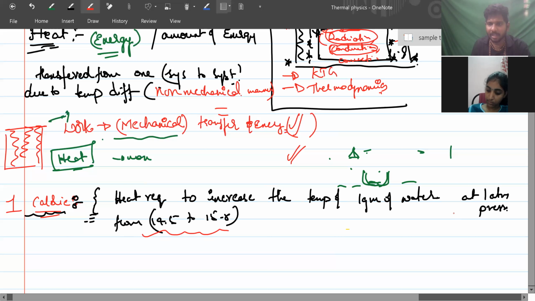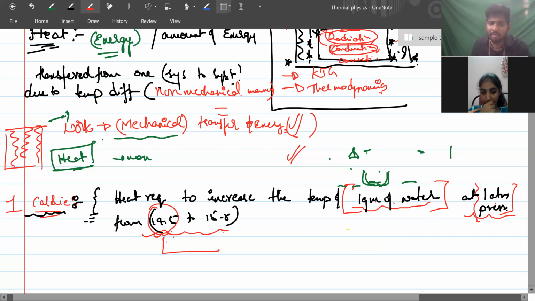14.5 to 15.5 at 1 atmospheric pressure, 1 gram of water. That means calorie is defined like this. Suppose 1 gram of water is there in your hand at 1 atmospheric pressure, and if the temperature of the water is 14.5 degrees, and you have to raise the temperature of 1 gram of water at 1 atmospheric pressure from 14.5 to 15.5, you should give some energy to it. That energy is defined as